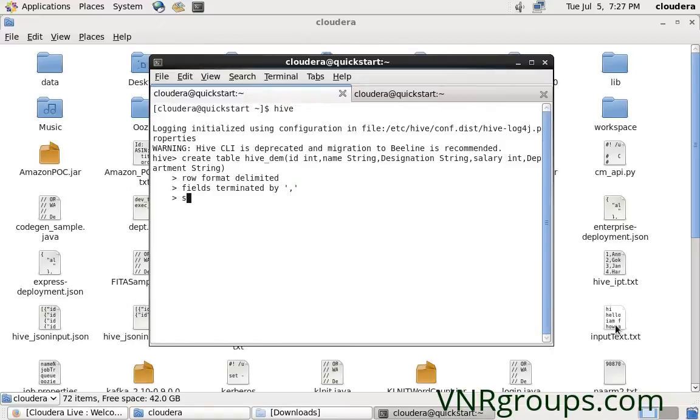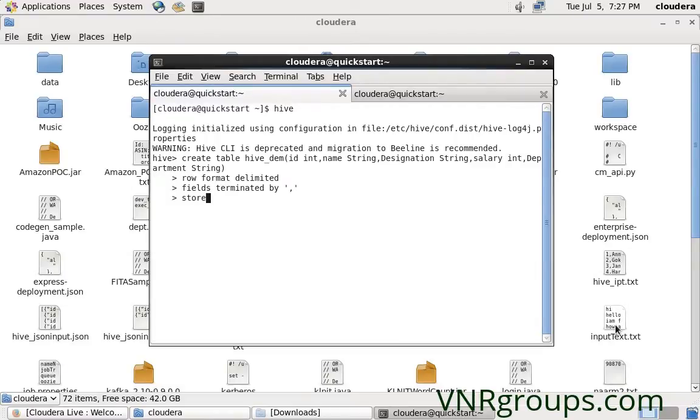Text format data consumes more space in your HDFS. For example, if it consumes 100 megabytes to store your data, storing the same table as an ORC file will consume only 22%. It will save 78% of your HDFS space.